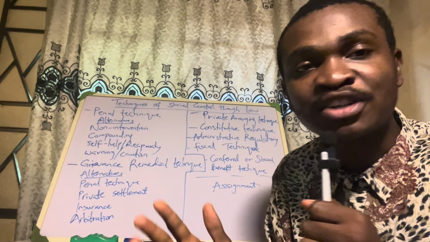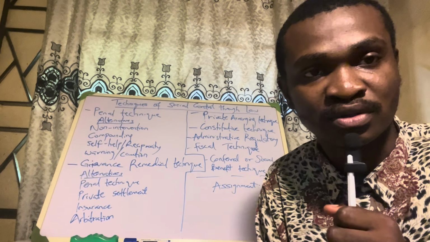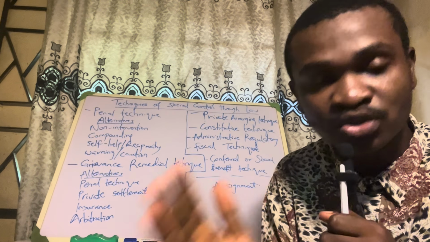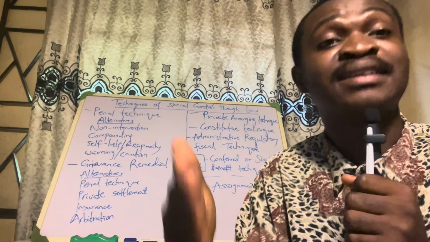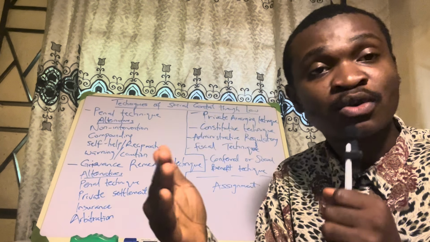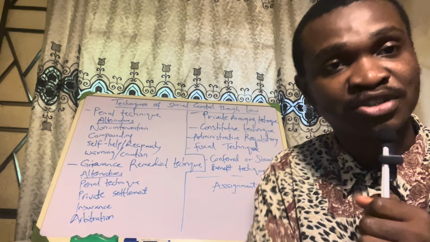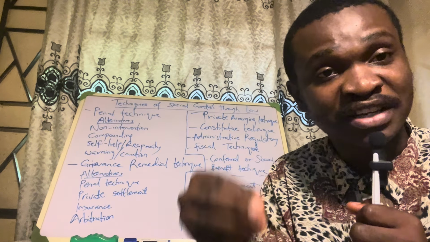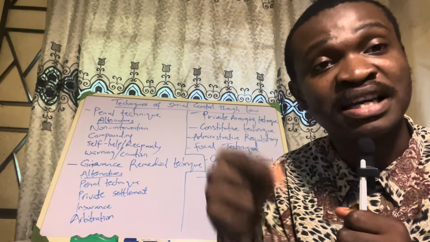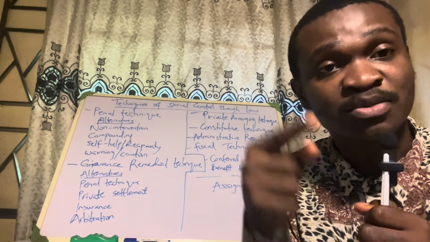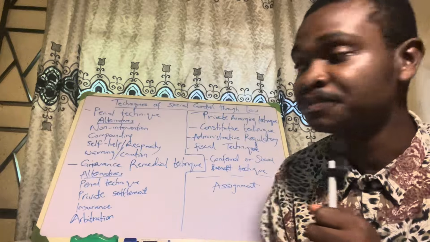What do I mean? There are some actions that, yes, are civil in nature, but they can also be criminalized. In fact, not that they can be criminalized, they are criminalized. So if you go to the criminal code or the penal code, you will still see these actions there. Of course, before an offense is an offense, it must be written down and the punishment thereof prescribed. Section 36, subsection 12 of the 1999 Constitution.